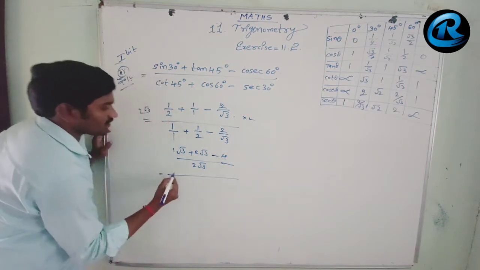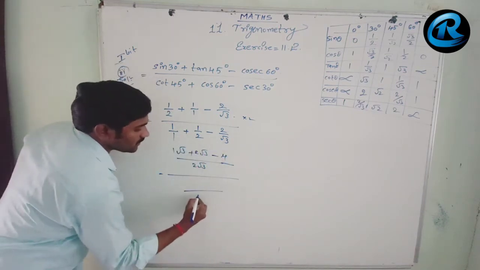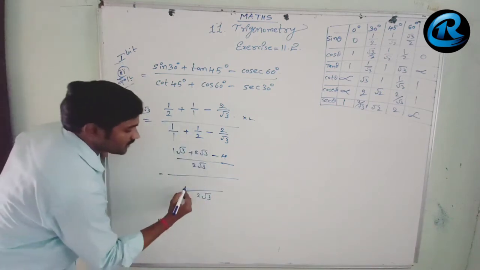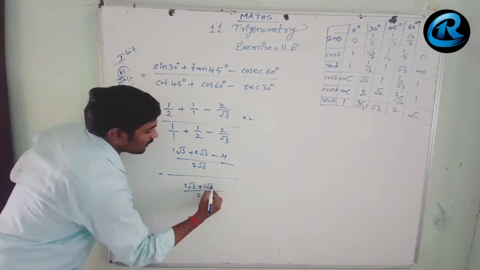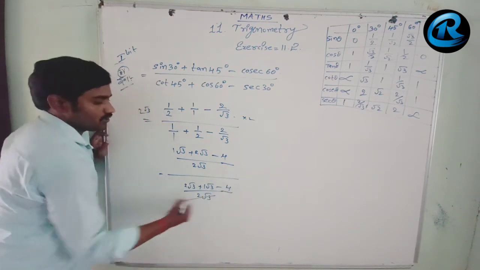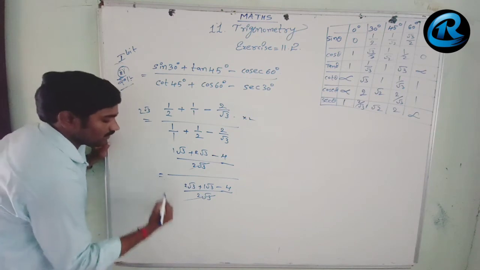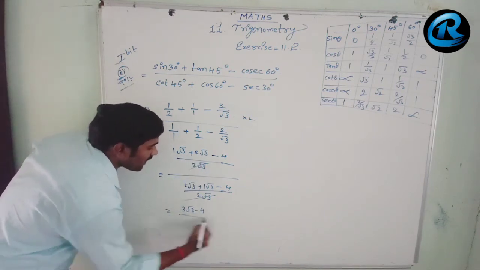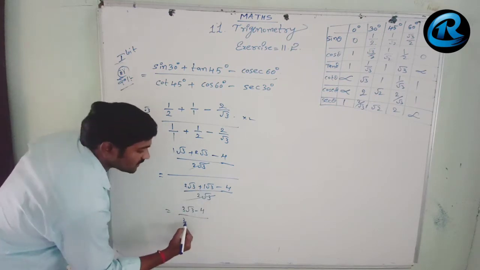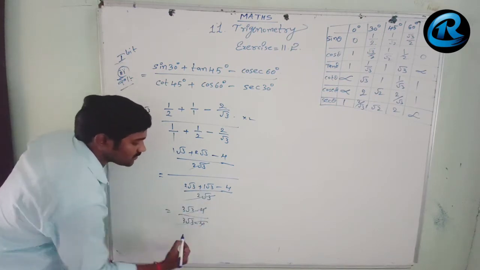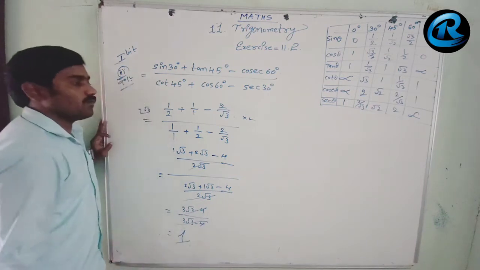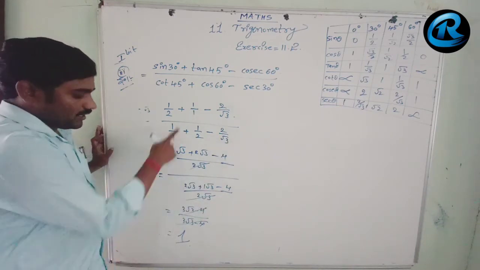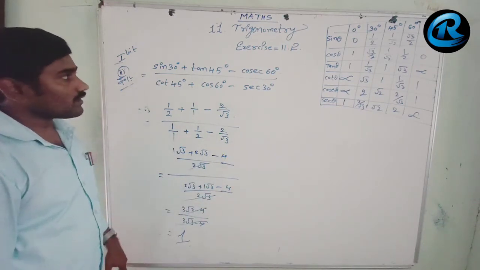See, this is an LCM process. How to do it? You multiply all the denominators, that is 2 root 3. When we have multiplied, we got 2 root 3 here. 2 root 3 plus 1 root 3 minus 4 is the same, so 2 root 3 gets cancelled. Then what is left here? 1 root 3 plus 2 root 3, that is 3 root 3 minus 4, by 2 root 3 plus 1 root 3, it is 3 root 3 minus 4. When you cancel, both are equal, and we get the answer as 1. So directly I told you to cancel here and get the answer, or you can do the procedure till here and we get the answer.